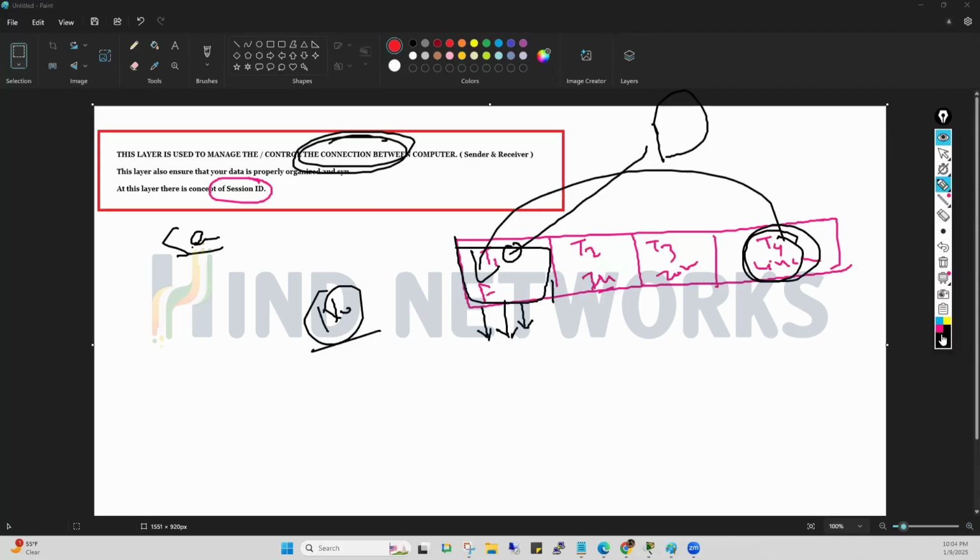Getting my point? So what do you mean by connection here? Connection means between your device and the server which you are accessing right now. For example, if you are opening facebook.com, it means you are searching for something on the Facebook server, so definitely there will be a connection between your computer and the Facebook server. And who is managing these things? The session layer. First thing. Second thing, there is a concept of session ID, and with the help of the session ID,